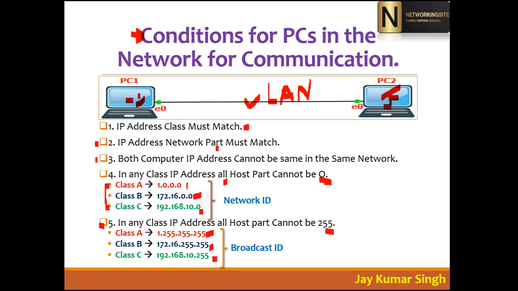So in any network, there are two IP addresses that cannot be used: one is the network ID and the second one is the broadcast ID. That's why, if you have seen our beginning class on IP addressing, we always do minus 2. Why minus 2 in every network? Because we cannot use the network ID and we cannot use the broadcast ID, or you can say the network IP address and broadcast IP address. That's why we do minus 2.